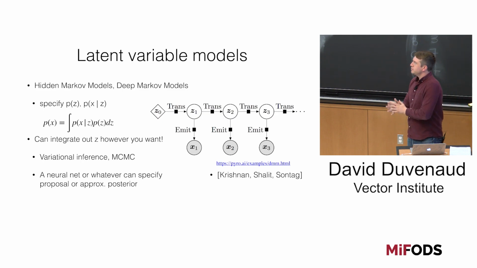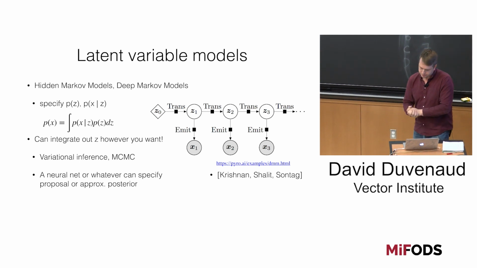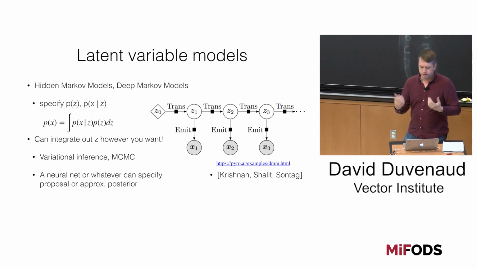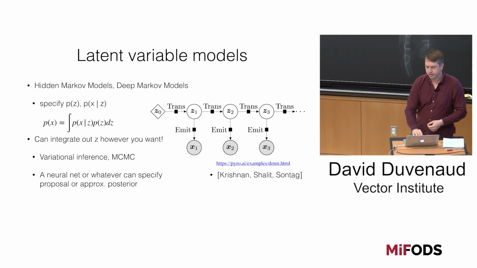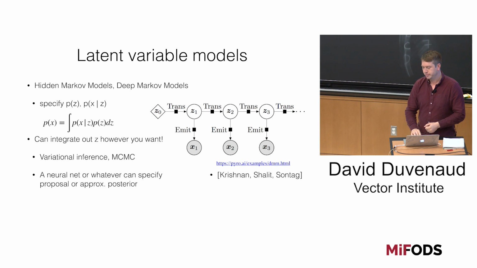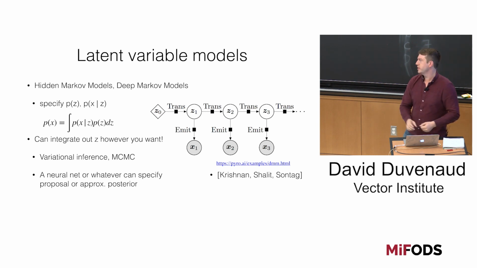Okay. So I still think the best place to start looking for ways to deal with this problem is latent variable models. In particular, my favorite family of latent variable models today is the deep Markov model, where we specify with some neural network the transition probability of some latent state. Z is like the true hidden state of our patient or our business or whatever that we're trying to model through time. We model how that state changes in some time invariant way. We also have to learn this likelihood, the emission probability that says how likely we are to see different kinds of data at different times.